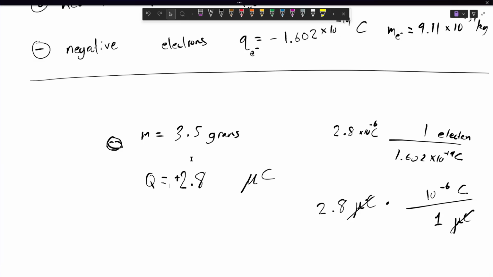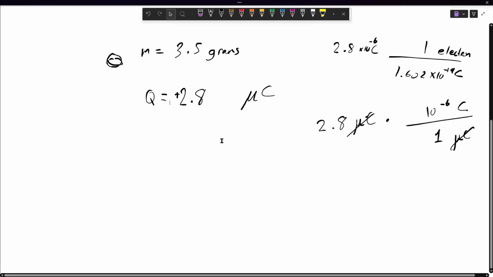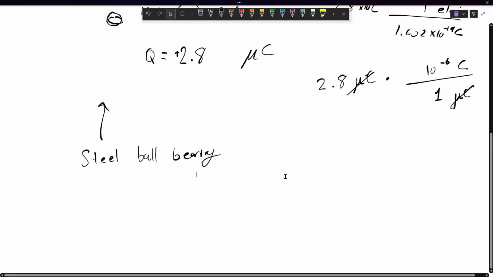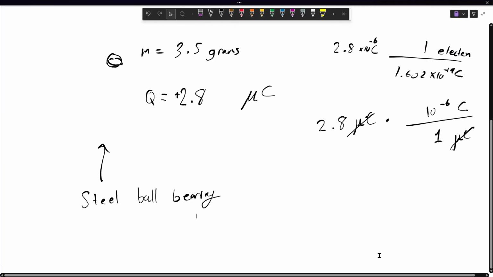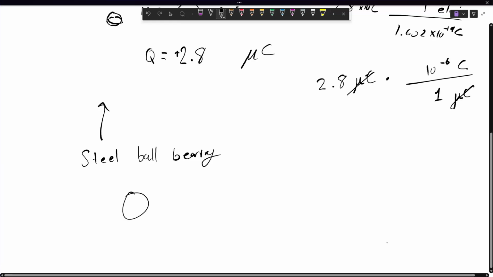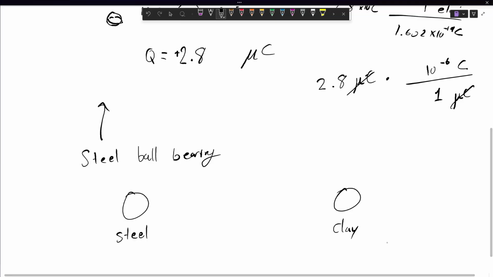Okay, so I've talked about our charges, types of charges, how they come up to these pieces, but now let's compare and contrast two different types of balls. I originally said that this was a steel ball bearing, but what if I had a near identical piece of material, a very similar mass, but maybe this one is made of clay, let's say. So I've got similar mass, similar size, but one made of steel and one made of clay. Similar mass, similar size, not identical because their densities aren't identical,